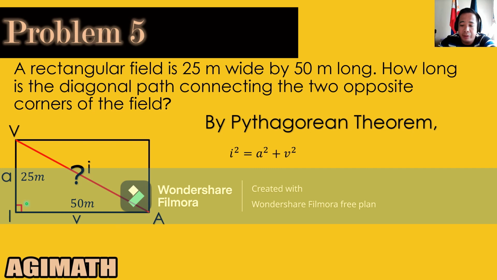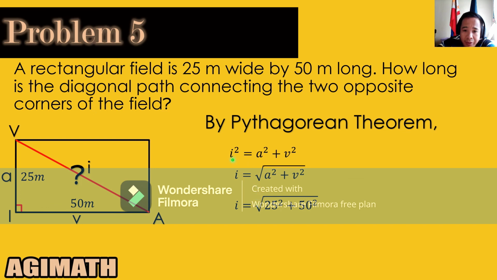By the Pythagorean theorem, the square of the length of the hypotenuse is equal to the sum of the squares of the lengths of the two sides. Since this is the hypotenuse, its length is denoted by i, so i squared is equal to a squared plus v squared. Using what is given,